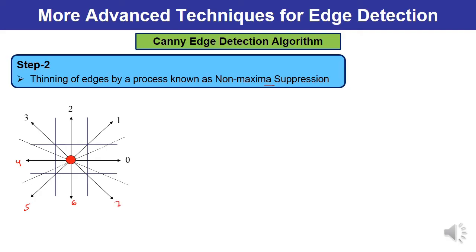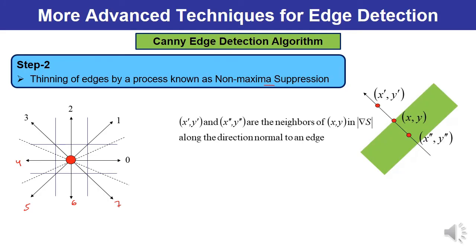Two equal portions are designated as one sector, like 0 and 1 being one sector. It means in general there will be 4 sectors. Then the gradient direction of each edge point is approximated to one of the sectors. Once it is finalized, you can assume the different points at the neighbors, and the neighboring points falling on the same gradient direction can be considered.